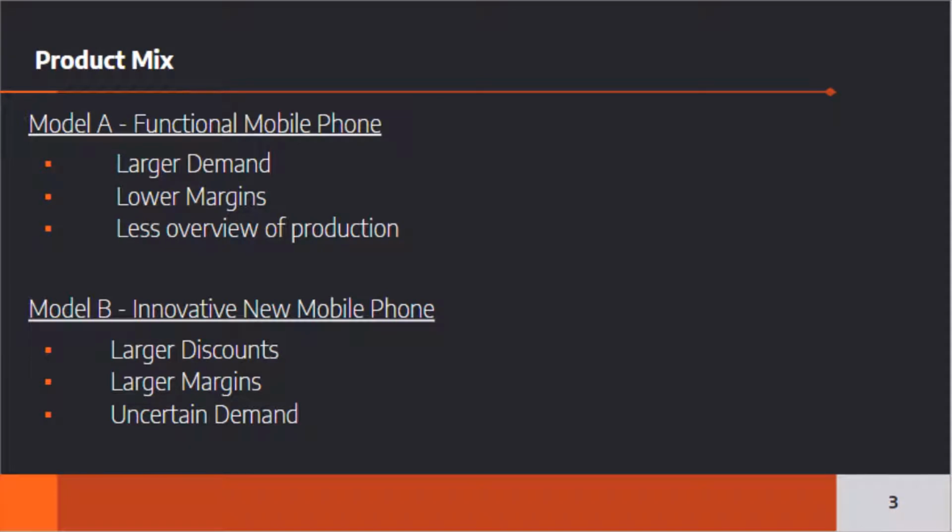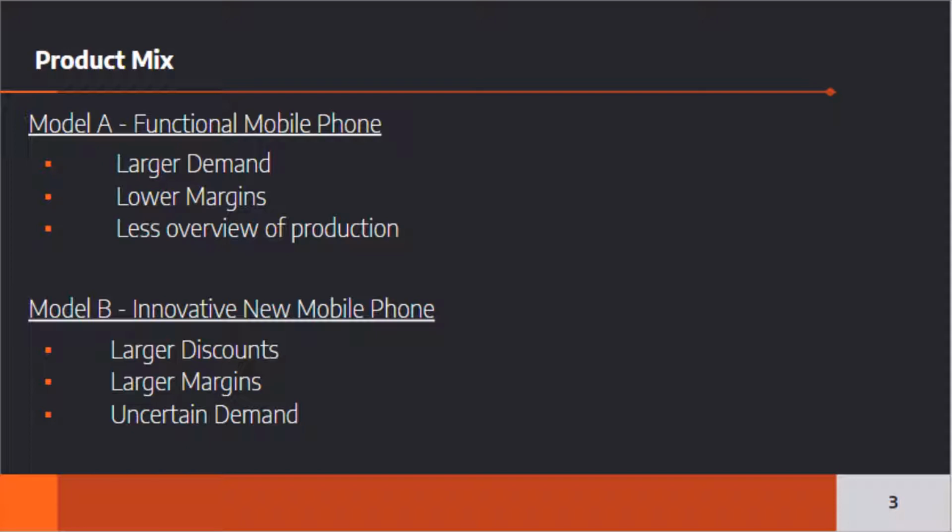When initiating the global operations and supply chain simulation, we were given control of a mobile phone manufacturer situated in North America. There was a product mix consisting of Phone A and Phone B, or Model A and Model B. Model A was the original functional phone produced by the manufacturer, which had a slightly lower cost with slightly lower margins, but a real market demand from past historical databases, which ranged from anywhere from 45